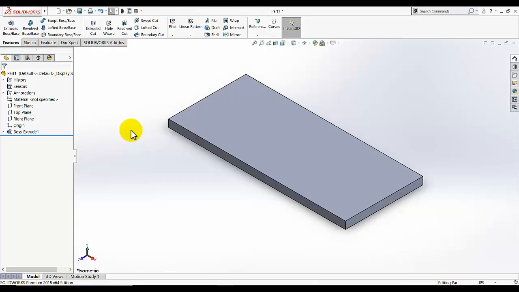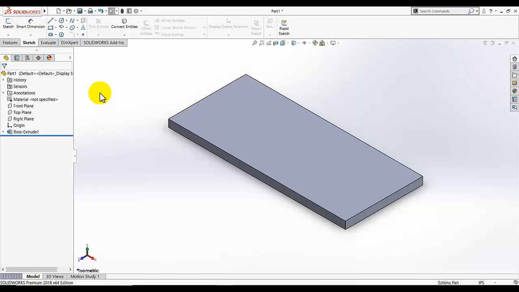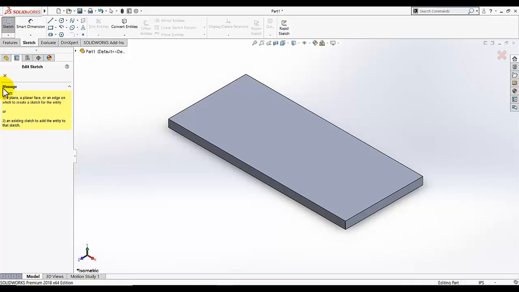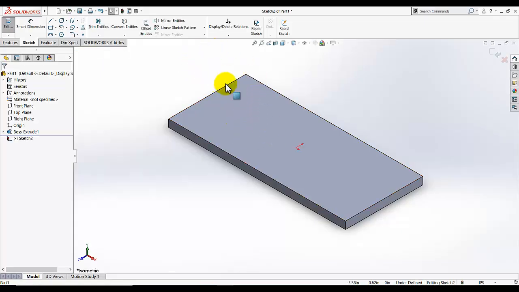Next we needed to add our second feature. For the second feature, as in SolidWorks we do sketch based designing, so first we needed to add a sketch. So for our second feature I am going to select the sketching, and it is asking me a message. If you see the message, it's asking for a plane or planar face or an edge on which to create a sketch. So basically it's asking on which plane you want to start the sketching. So I am going to select this top plane for my sketching, this top surface,